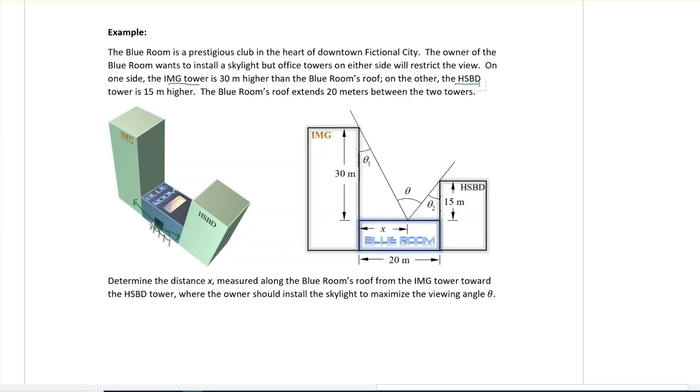They have given us that the IMG tower is 30 meters above the roof of the blue room. Similarly, the other tower is 15 meters above the roof of the blue room,